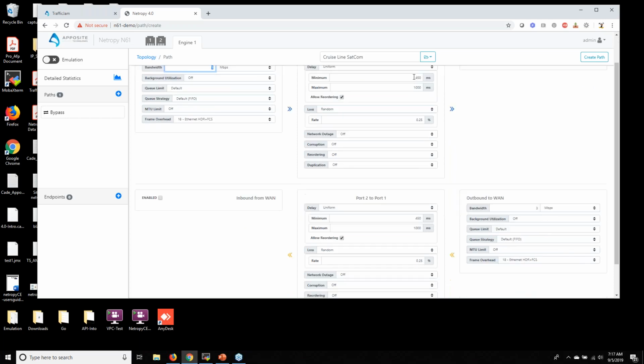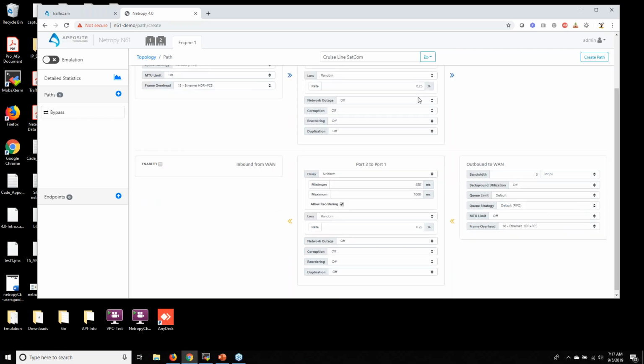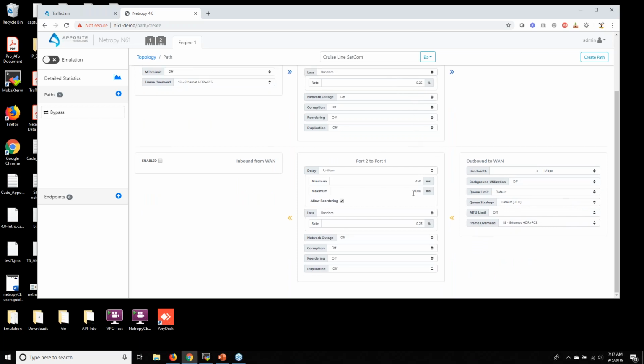In one direction, we're doing 450 milliseconds to 1 second of delay. And we're dropping about 2.5 packets out of every 1,000. And then on the return trip, we have similar settings as well.